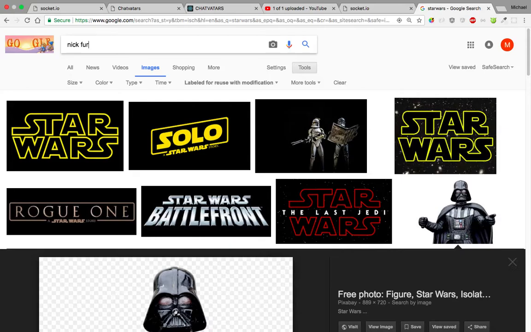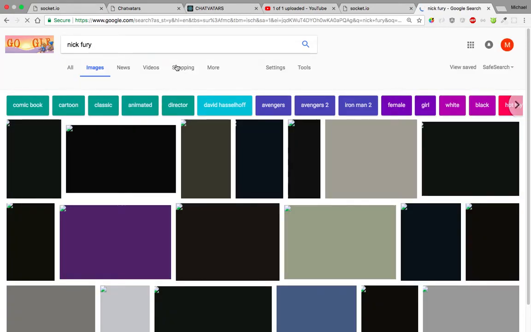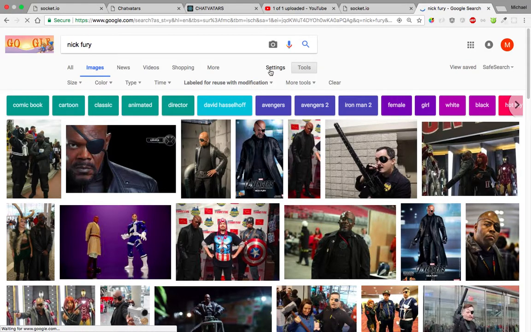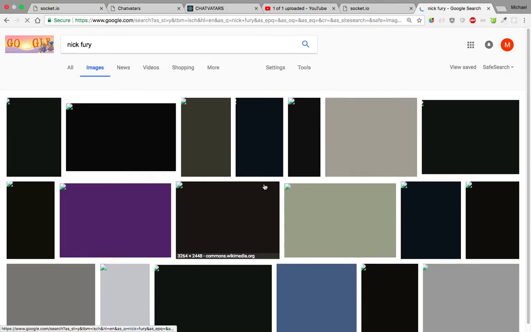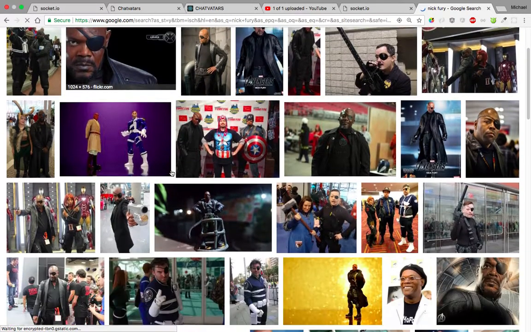Nick Fury. I don't have a picture for him when I made all my pictures. I don't know if these are legal. Because of the quality of the pictures, I'm guessing that these already are the ones, but I'm just going to double check. Free to use, yeah, it's showing the ones that are free to use. So I'm going to grab one of these as a URL, the URL to this,